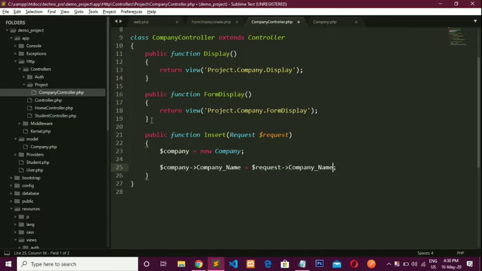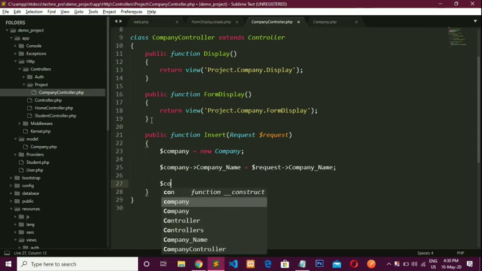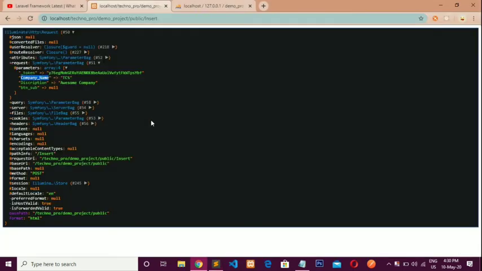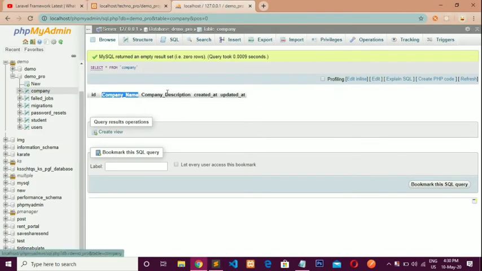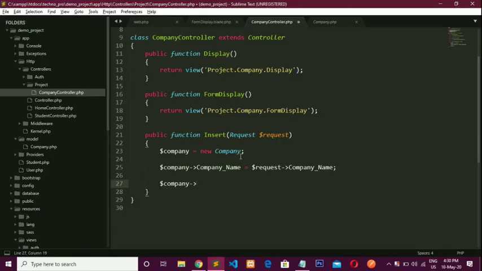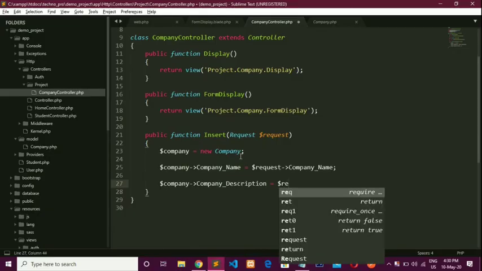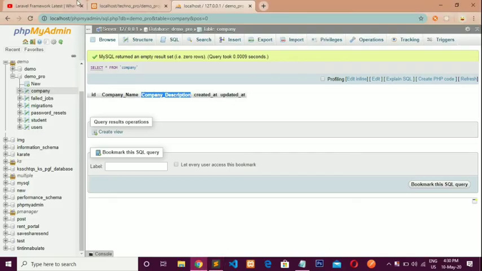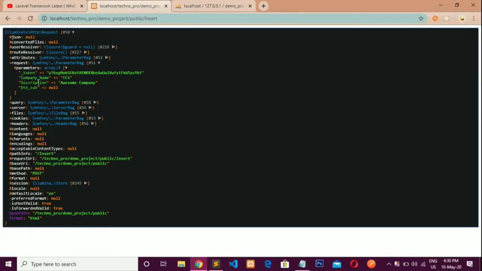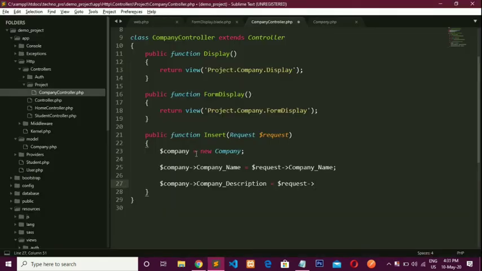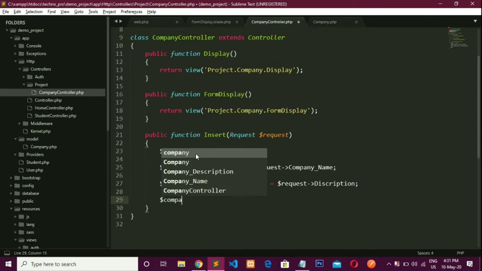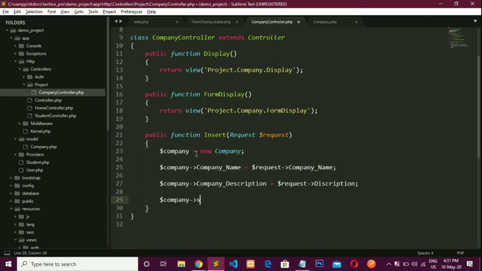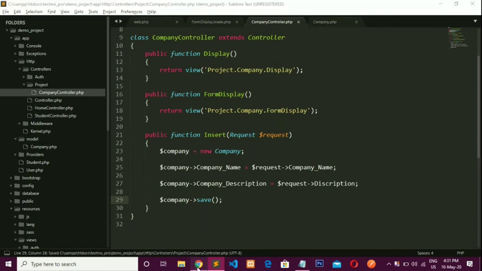Okay, control V. Third, $company and company description, its value is $request, and now the variable name is description. Okay, control V. Now use the save method for inserting the data into the database. So save this file and run.